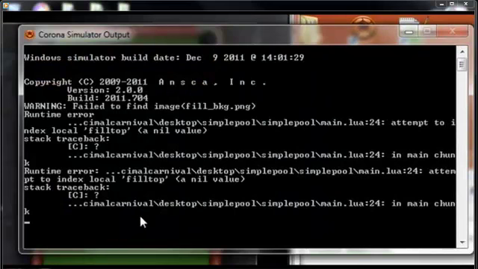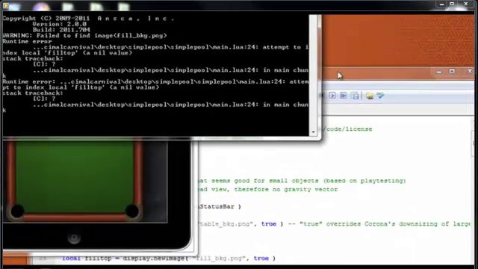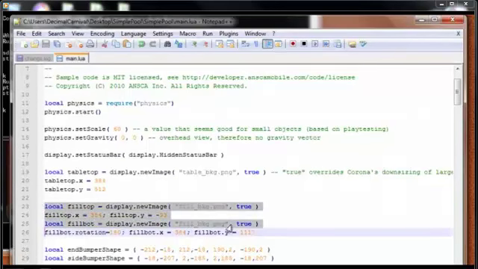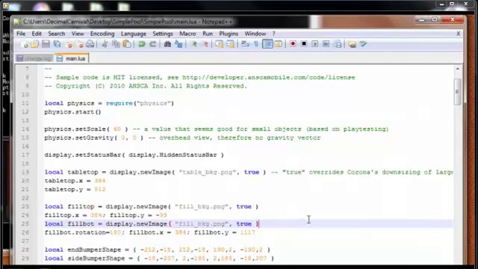And yet again, right here, it tells you the location, my computer name, my desktop, because that's where the folder is. Inside the folder, the main Lua, line 24 of that main Lua, it attempts to call something, fill, top, whatever, and it wasn't there. So you go in here, you go to line 24, which is this, and they're together as one, pretty much all this right here is one thing, and this fill background isn't in the folder. So